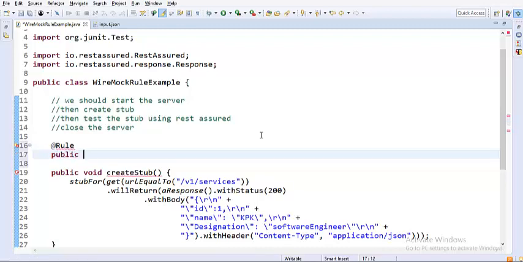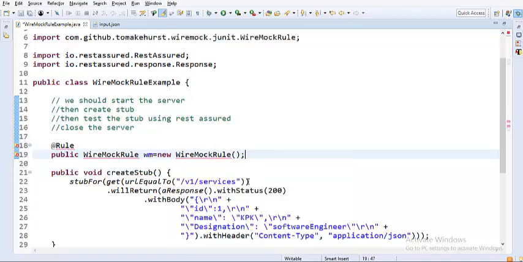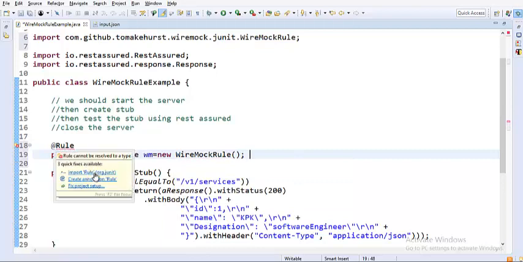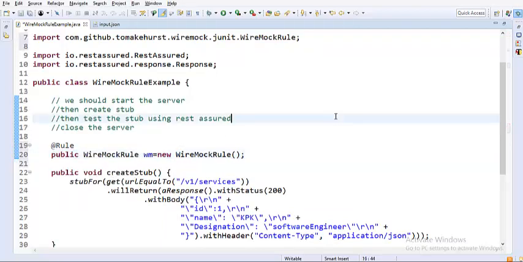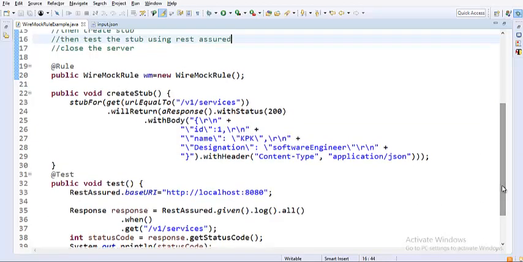This would be WireMockRule, I would say object equals wm new WireMockRule. Yeah, so let me import WireMockRule. So we should get rid of the error. Let me import the rule from JUnit. That's it. We have created the WireMock instance successfully, but where are we actually starting it?